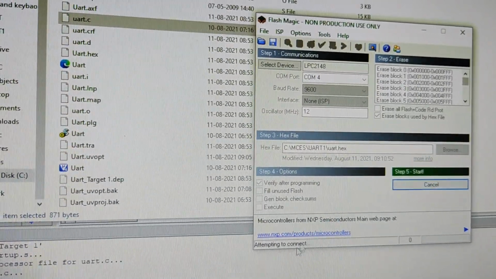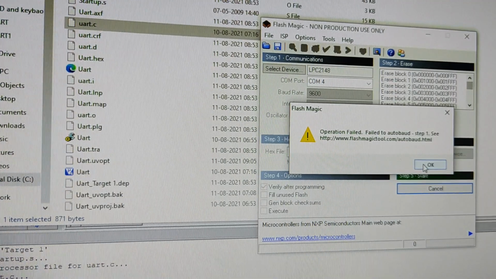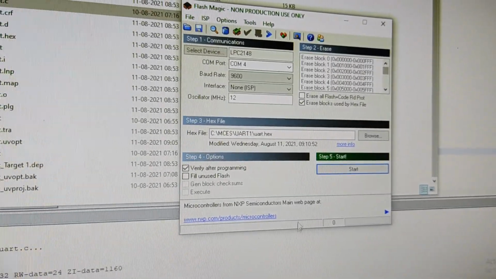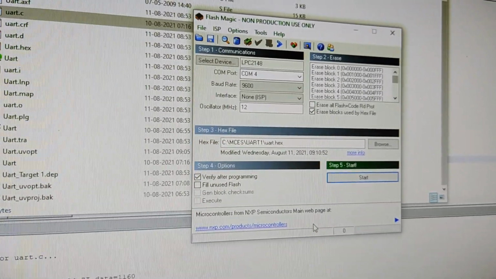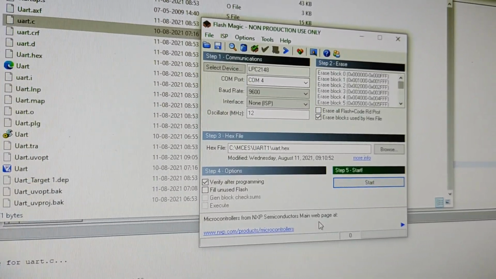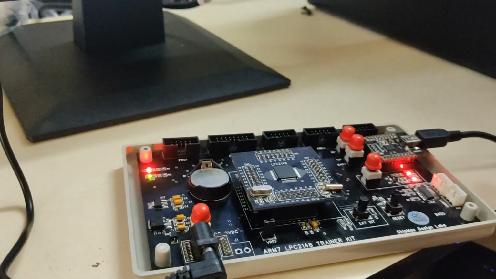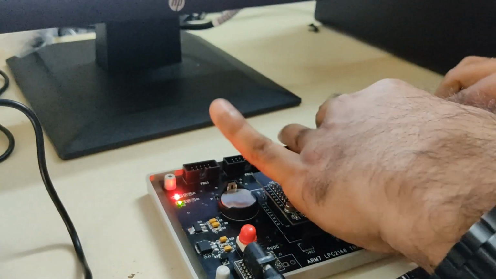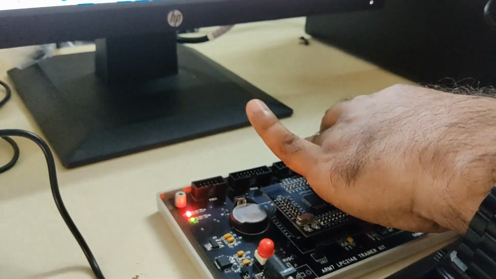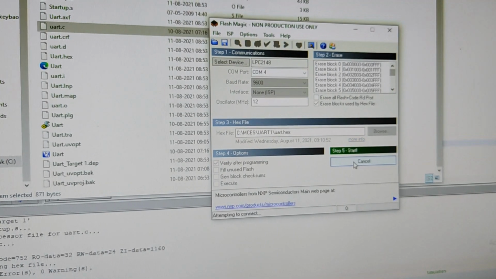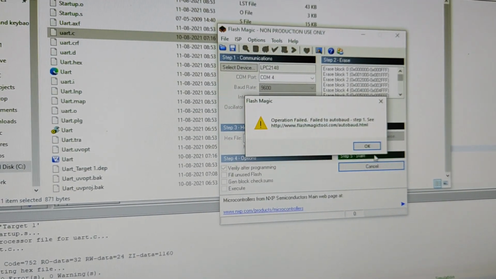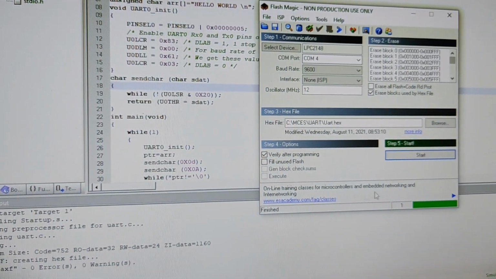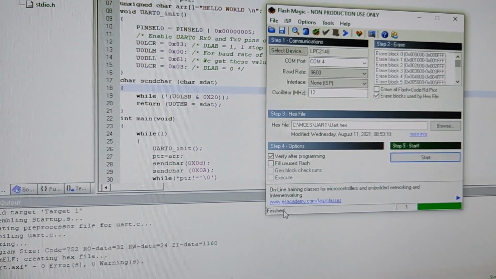When you're starting, you can see here, sometimes an error may occur. This is due to a loose connection between the microcontroller and the processor. Okay. So let me correct it. Now once you connect the serial interface cable to the microcontroller, you can click on start. As you can see here, after I clicked start, you can see the finish button here.